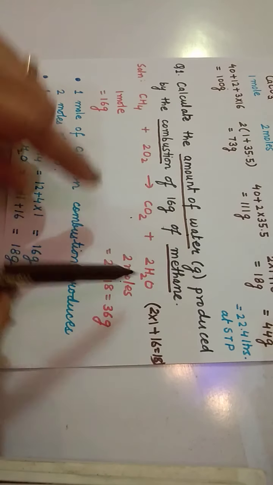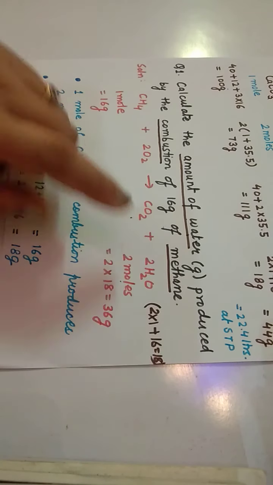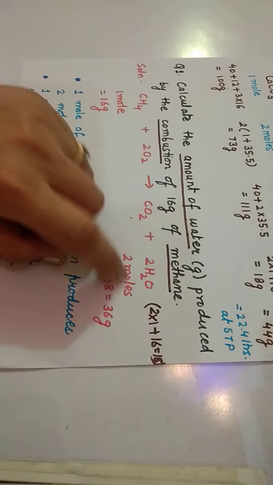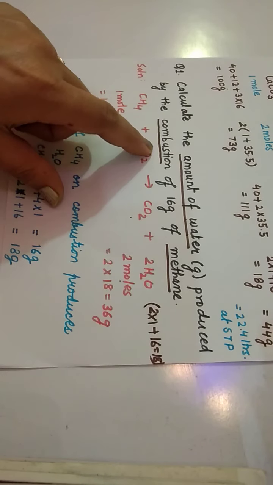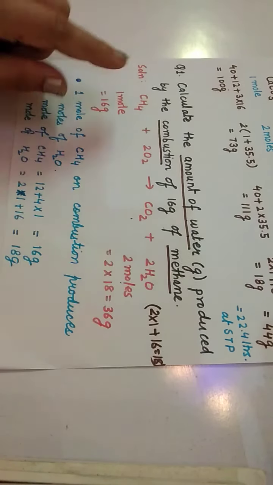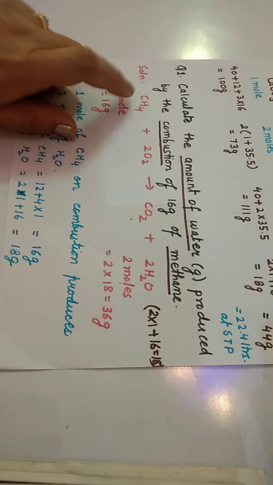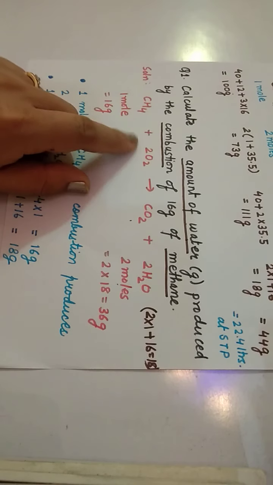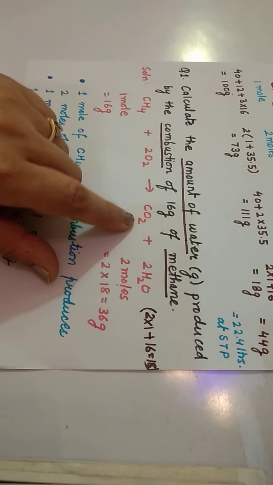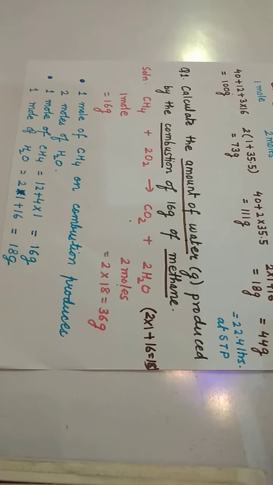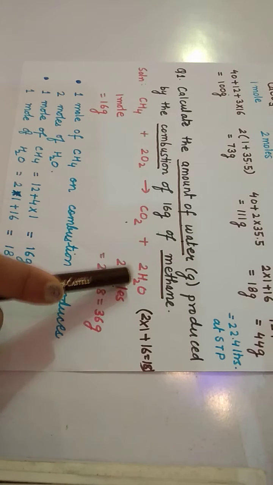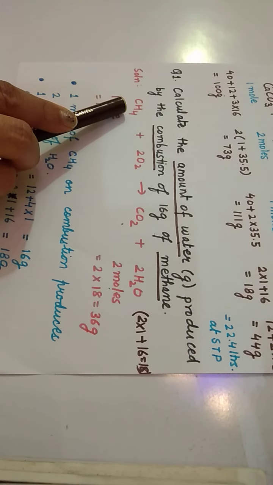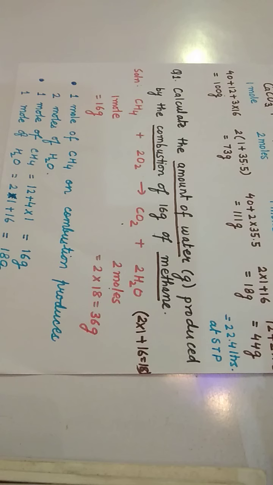Now, what is asked is the amount of water produced. When is water produced? On combustion of methane. Now children, methane is CH4, and you all know combustion is burning in presence of oxygen. So methane plus oxygen gives you CO2 plus H2O. That is, water is produced. You all know any compound in combustion will produce carbon dioxide and water, especially the organic ones.